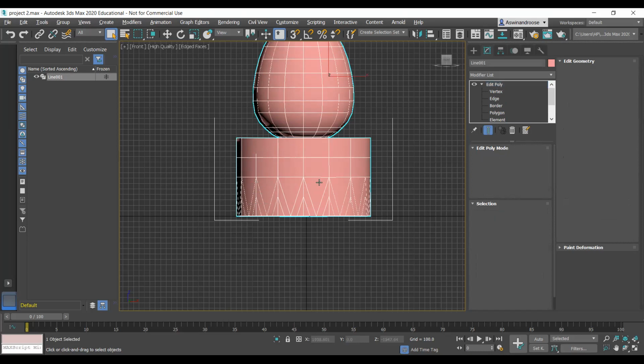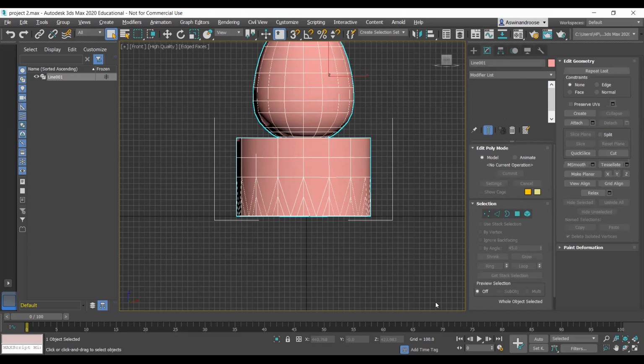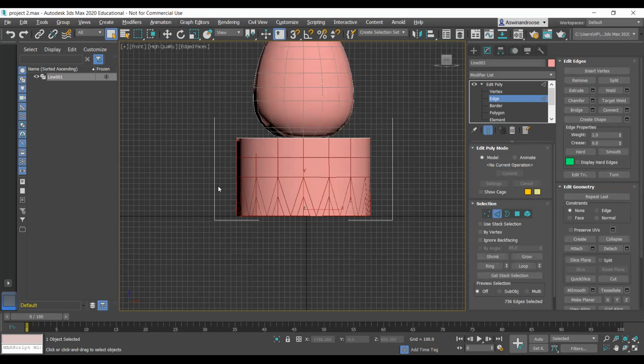Sir, when I come here and I do this, one second. There is an attach or connect option, right? For connect, you have to select something, right? Yes, I selected this. When I try to connect, it's showing like this. I don't know why. Cancel it. So what are you trying to create?